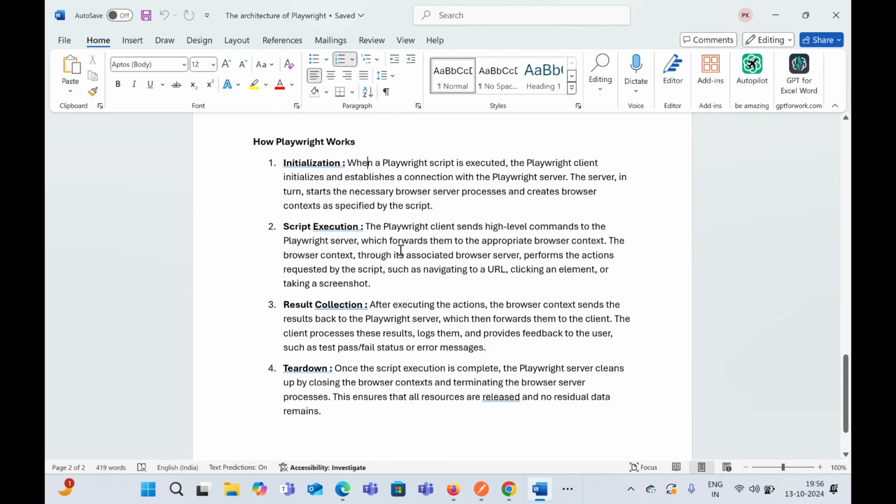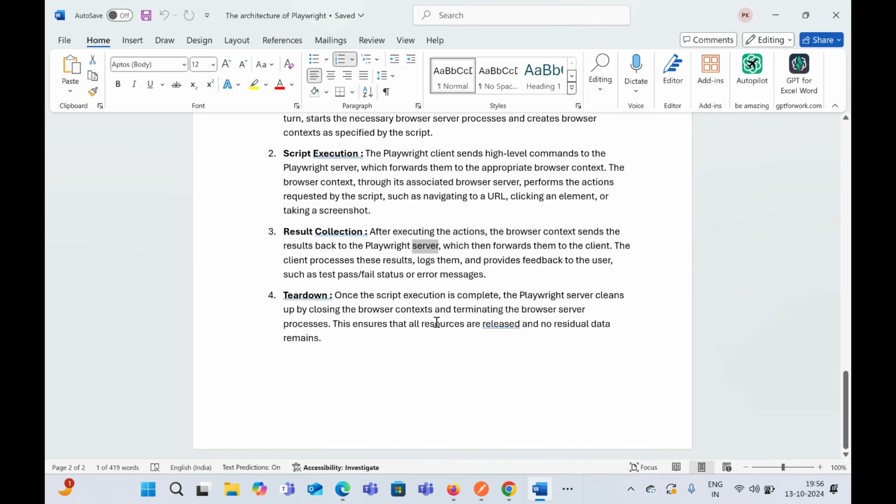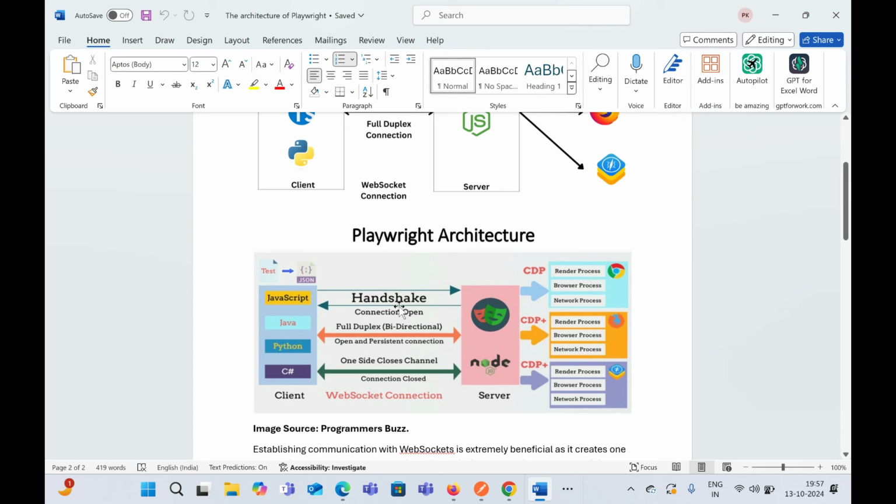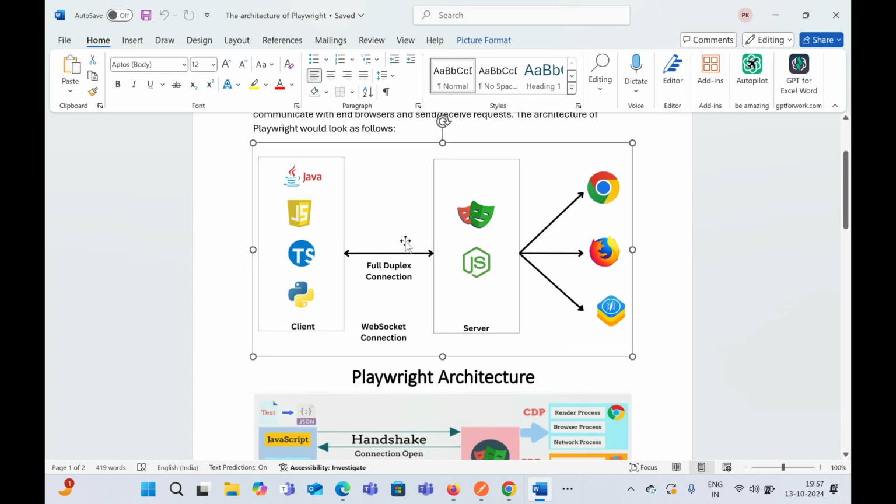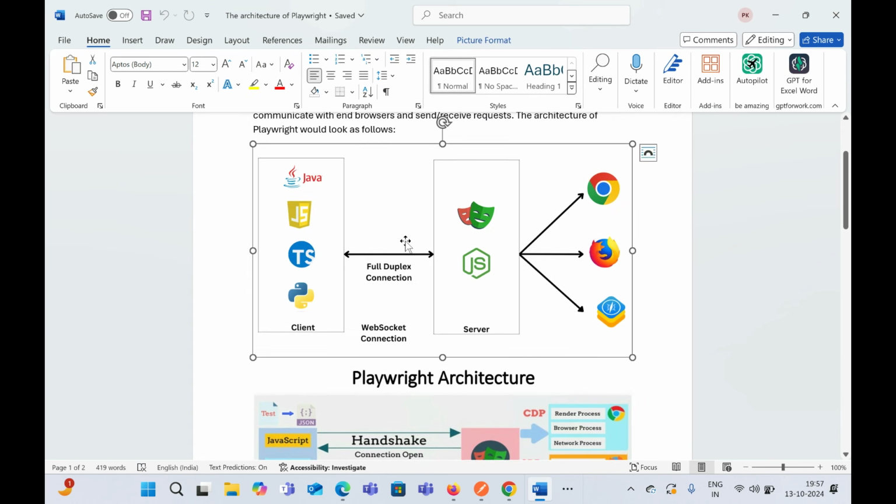So this is a general, basic architecture, which again depends on the client and server. But the only difference between the Playwright and Selenium architecture is that in Selenium architecture, we have one more layer known as the browser driver. So what will happen in terms of the browser driver is,